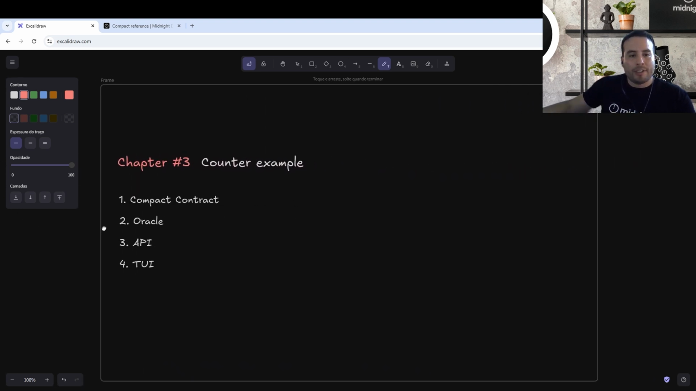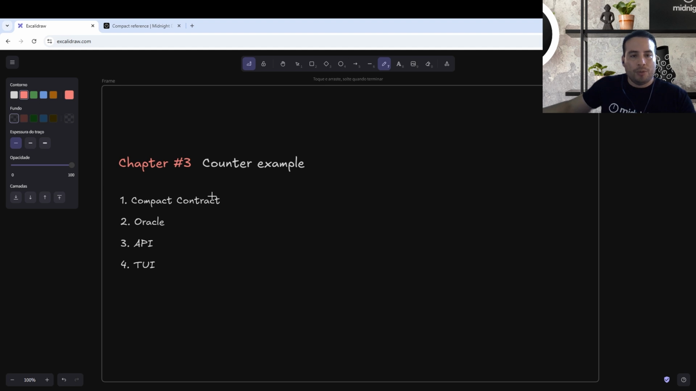And then we started to understand the counter example. We started taking a look at the Compact contract. We took a look at how we define the oracle, and then once we wrote this code, we learned as well how to test our smart contract logic and how to build,